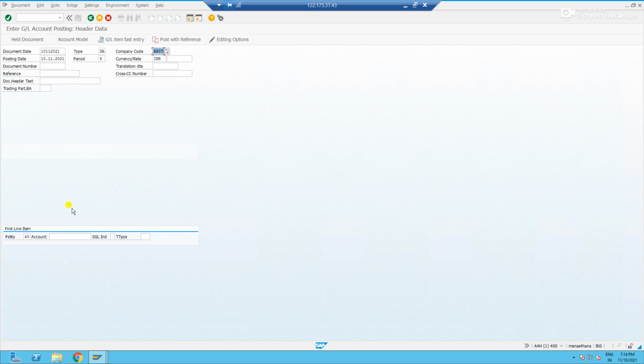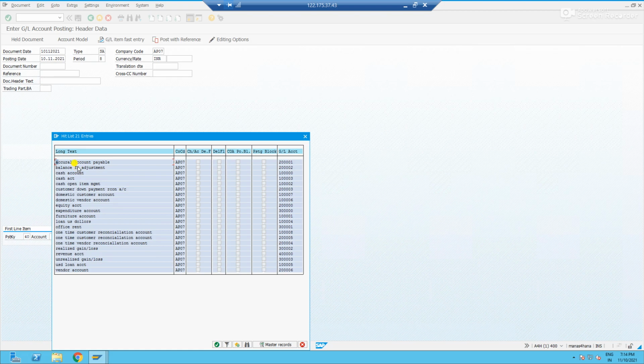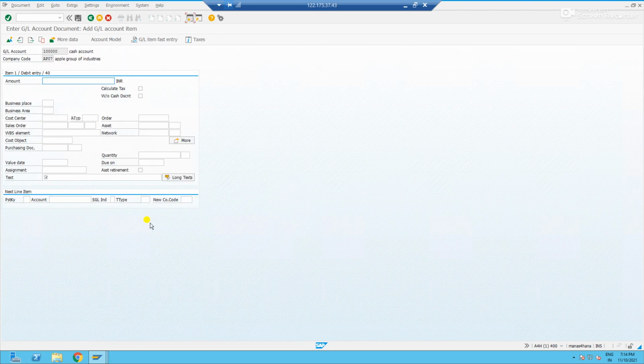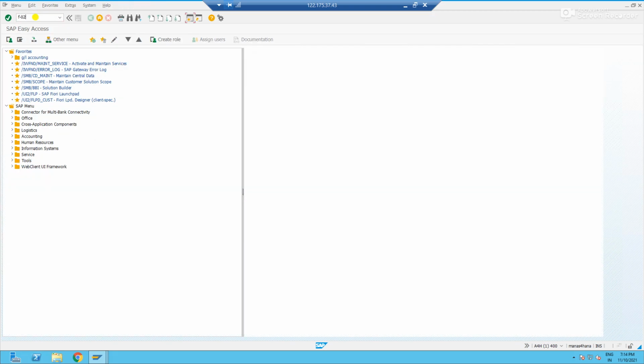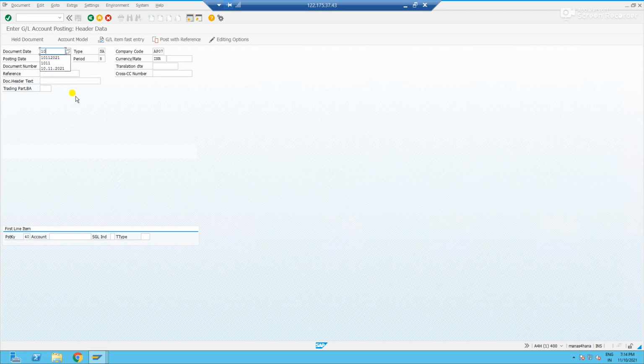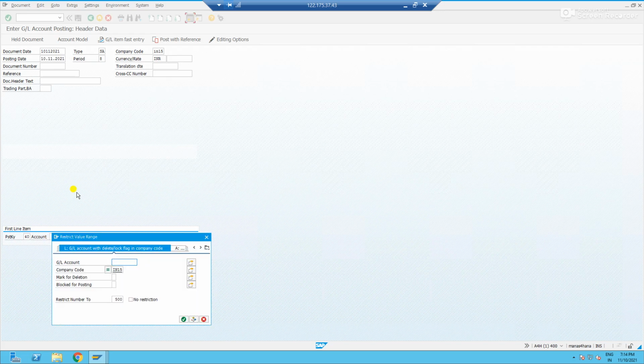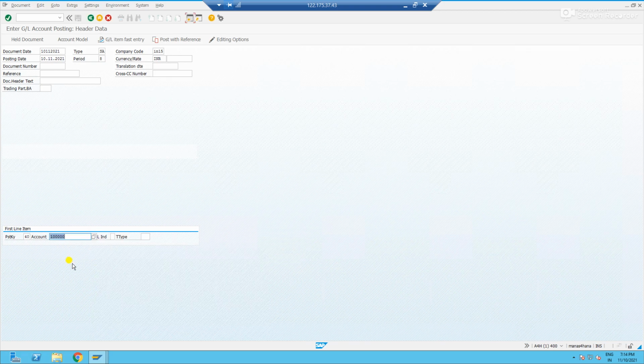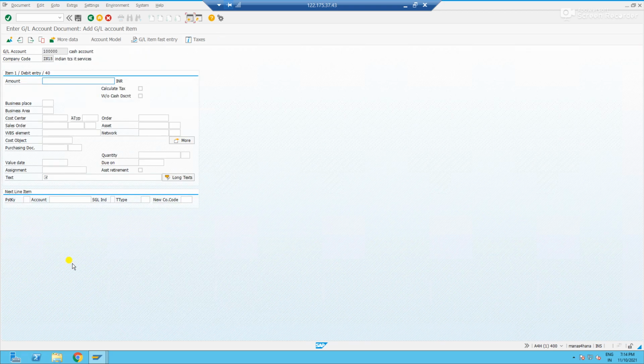AP07, I'm posting. Yeah, let me select the same GL account which is 1 lakh. Yeah, if you see, now I didn't see that error, right? The error got disappeared. Likewise, let me check another company code also, F-02. This time I'll post in the IN15 company code, same posting key 40. Yeah, IN15 company code I've selected. See, the error got disappeared.